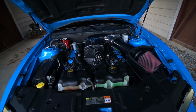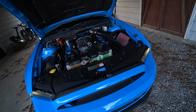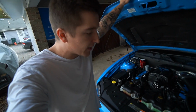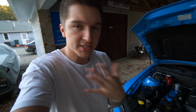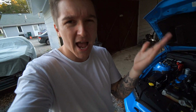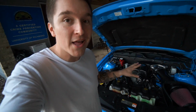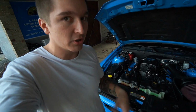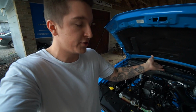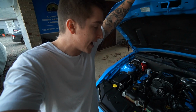And as far as the tune and stuff, I don't really know what exactly is next for this car. Well, that's kind of a lie, because I do know. I got in contact with my tuner, and he's still my tuner for Blue, and we're going to see what we can do VMP slash Flim Flam speed wise, to try to remote tune on his dyno. I just feel like having the car on the dyno to check everything under load is so much more accurate than doing data logs. So we're going to try to get something going with that so we can really dial this thing in